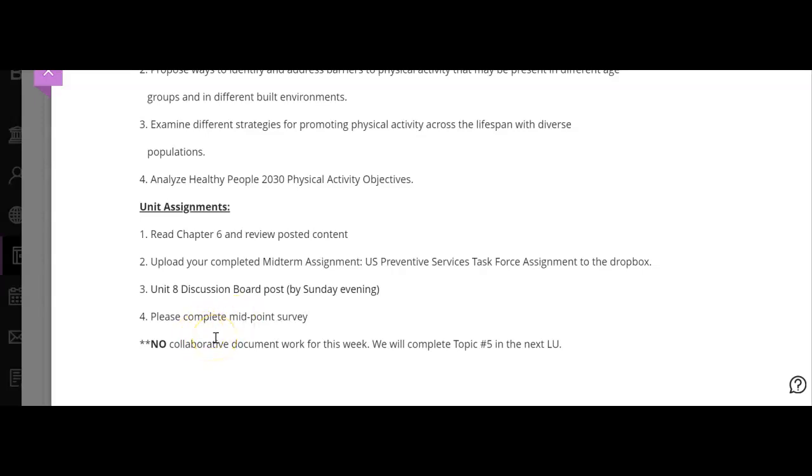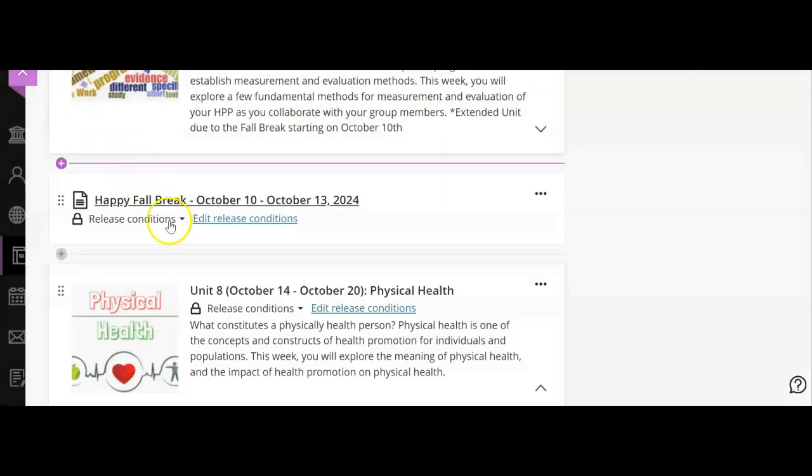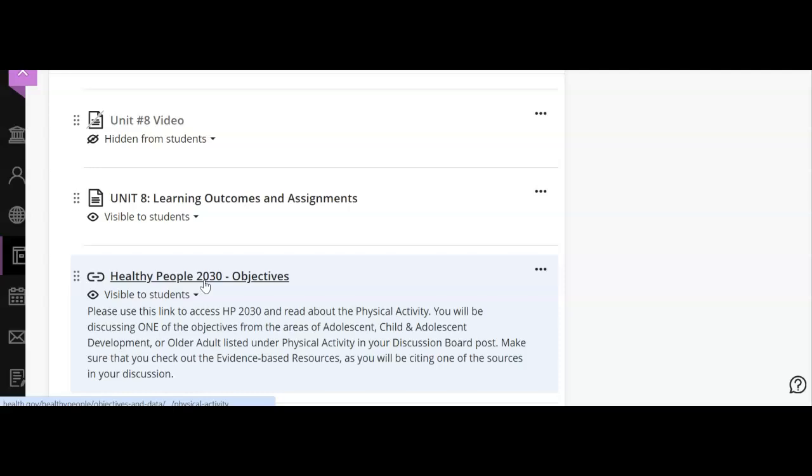There is no collaborative document work, so there is no topic for this week. However, I do ask that instead of working on a collaborative document, your group still maybe get together and look at topic number 3 and specify and get that honed out a little clearer. Some of you did a nice job and listed pretty exactly what you were going to be doing, what session, and others more did a narrative for topic 3.